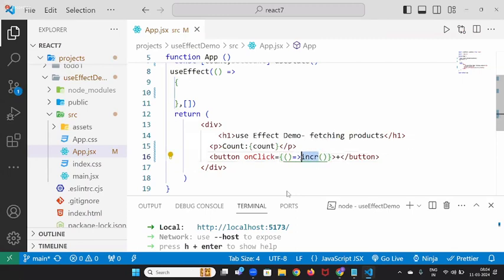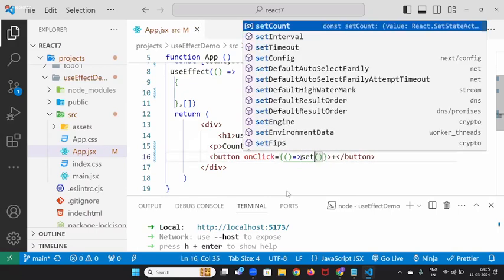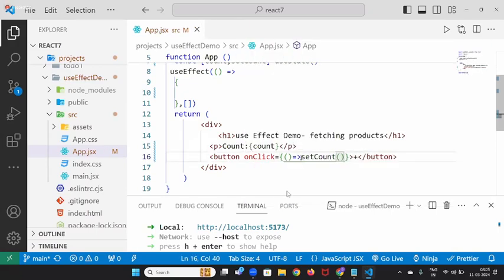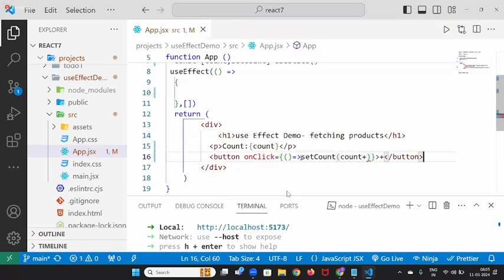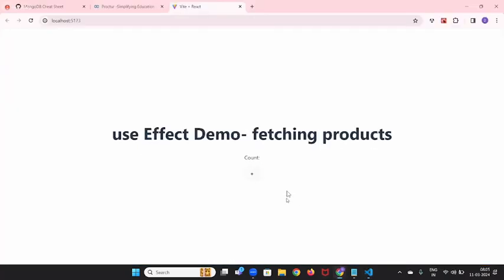Now here you will write setCount, and in the brackets you will do count plus one. Now let's go here. What will it do? Simple. If someone clicks on it here,